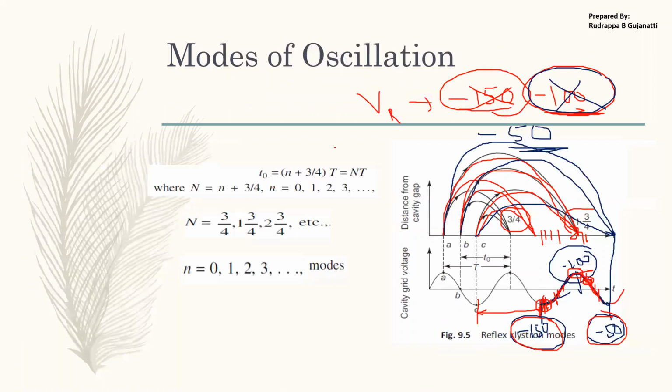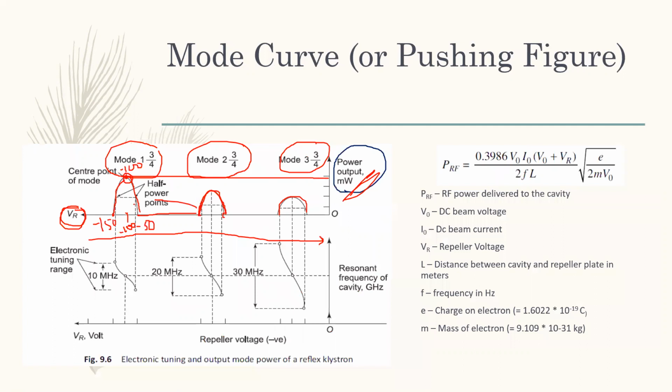That's why we can see that in between we are not able to get the result, that is no power is generated. It is with respect to the interaction of all these, then only I'll be able to get that output, otherwise I'll not be able to get the result.